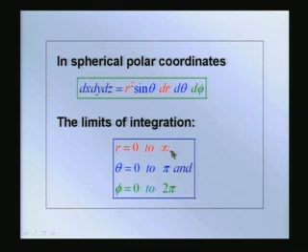So r takes the values between 0 to infinity representing the sphere, and theta, you recall, is the polar coordinate from 0 to pi as it goes from the z axis, the polar axis, the north pole to the south pole, and phi takes you around the globe in a sphere, and that is 0 to 2 pi. This is the